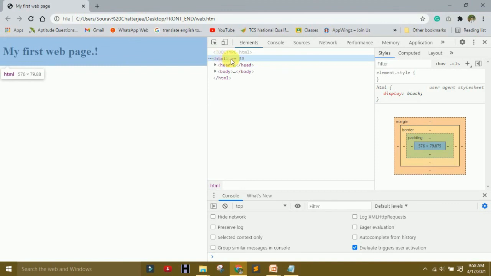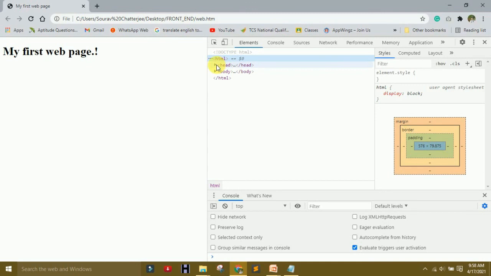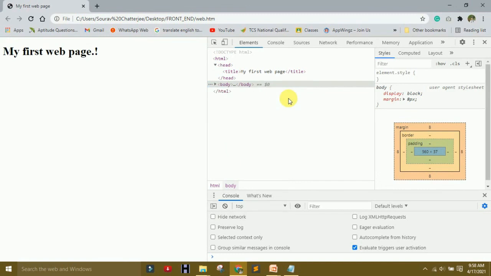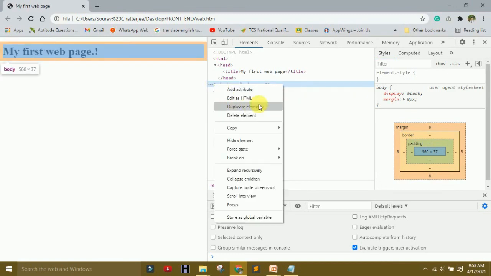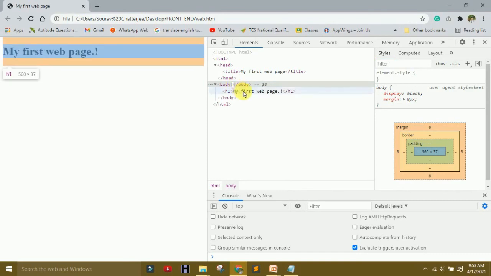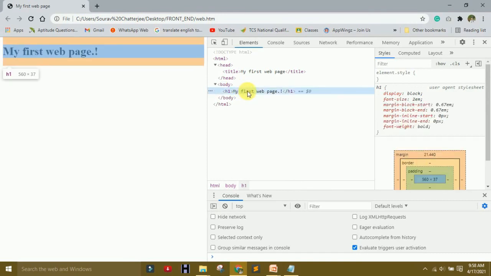That is our HTML, that is the head file, but on this title no blue circle is coming because it is the upside of the URL. And on this body, my first web page, why blue circle? Because it's on the body.